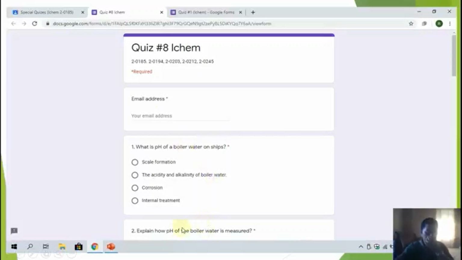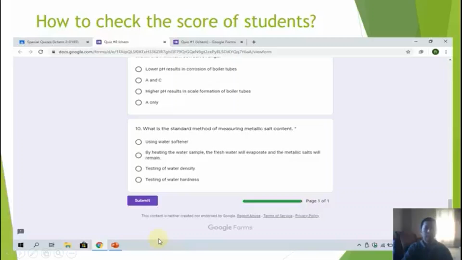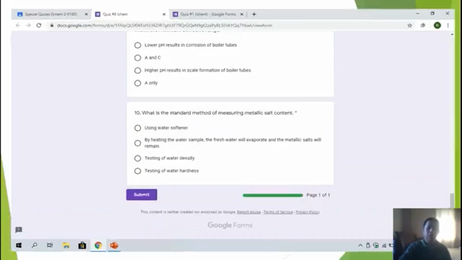After that, if I am the student, I start to answer. For example, I choose option 2, which answer I chose. So I chose option 2. Then I click this one. Then I scroll to continue to answer all the questions. And when I complete answering, I click submit. When I click submit, my quiz will be sent to my instructor.